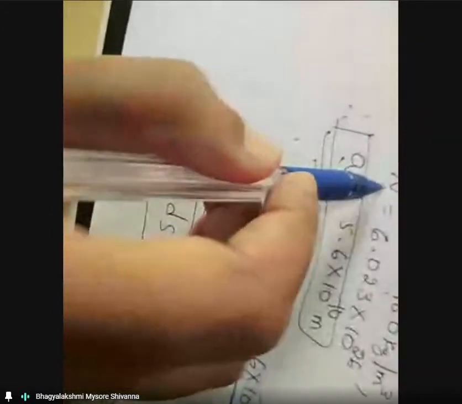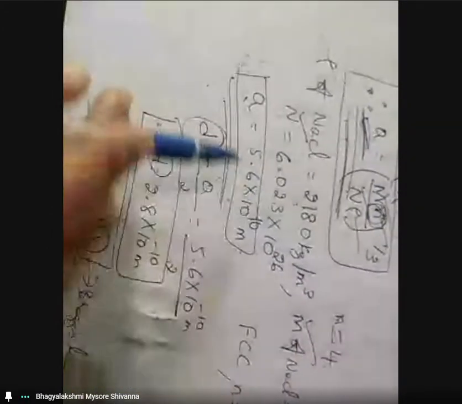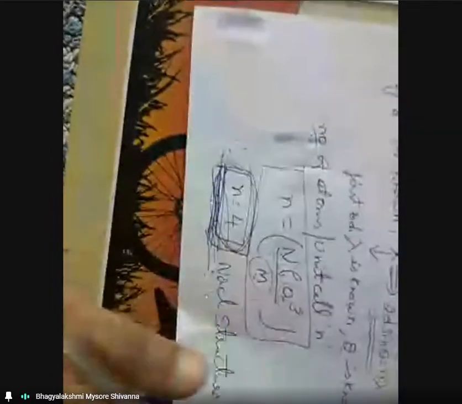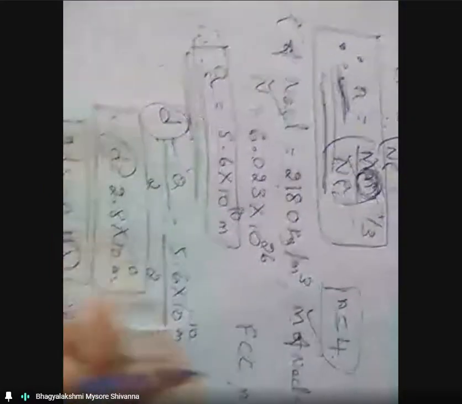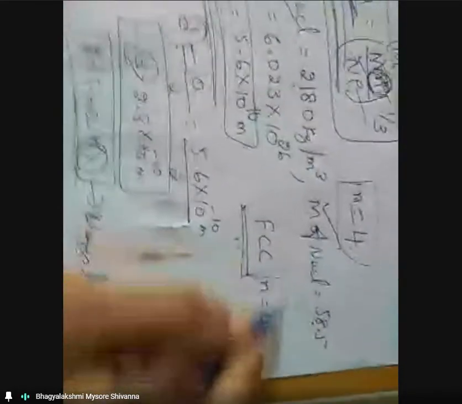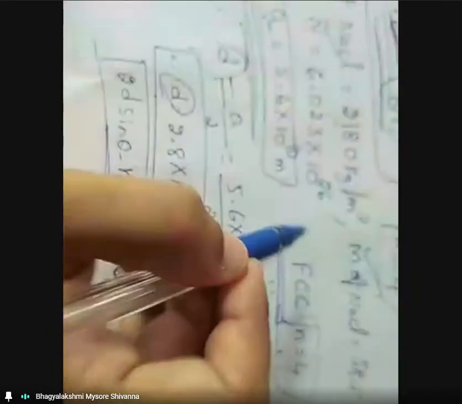If we know the value of density of the sodium chloride crystal, molecular weight, and Avogadro number, then we get the cell constant. Small letter n, the number of molecules per unit cell, is given by n equal to 4. For the NaCl crystal, we know that this is a face-centered cubic crystal. For FCC, n should always be equal to 4. If we substitute all these values and simplify, we get A is equal to this.